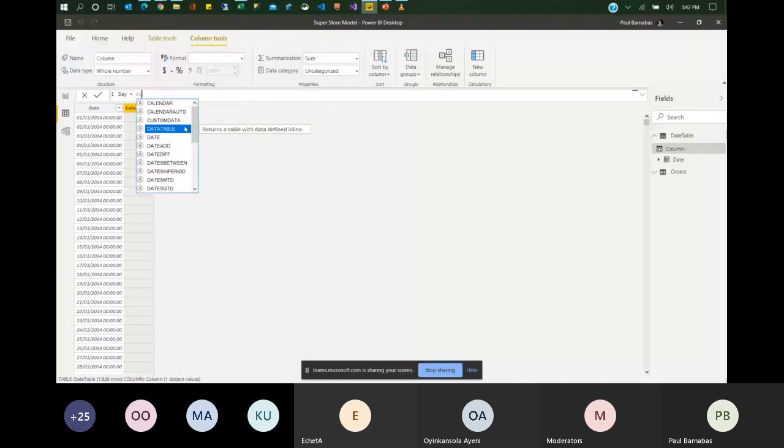So I'm going to reference my date column, which is date. So date table date, and I press enter. And so what this does is that it creates a new column that extracts the day from the date.